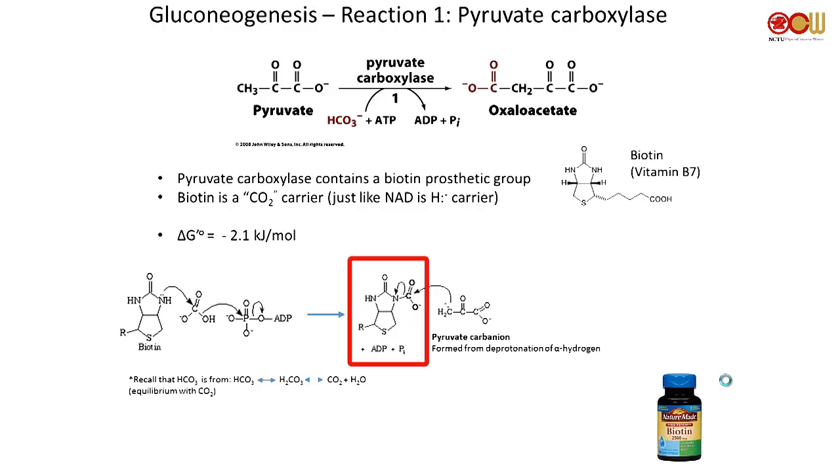You form this intermediate, the carboxyl group on biotin. Then you can deprotonate the hydrogen here on the beta carbon. Obviously this is deprotonatable because here is a carbonyl, so that's the alpha carbon in relation to this guy. You pull off that H+, deprotonate this carbon, and then you have a carbanion here, which can then attack this electrophilic carbonyl center, electrons jump back to biotin, and then you have your oxaloacetate.